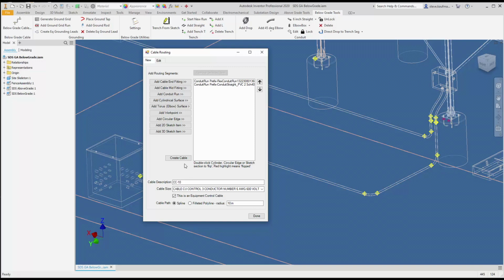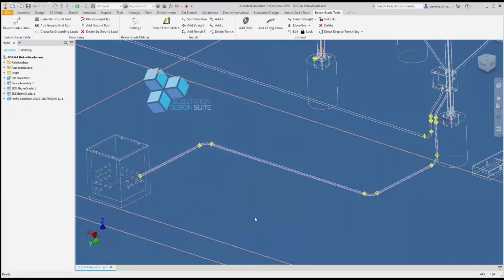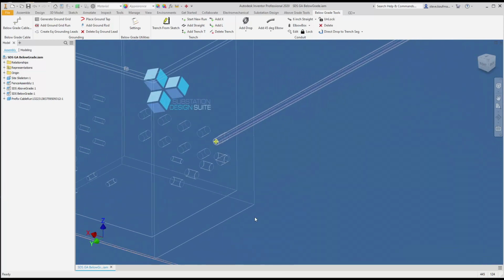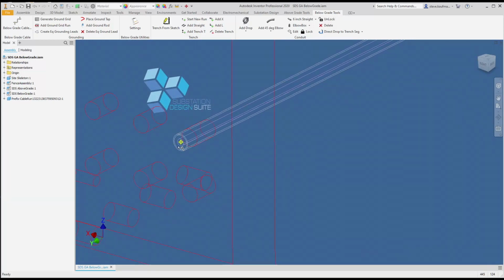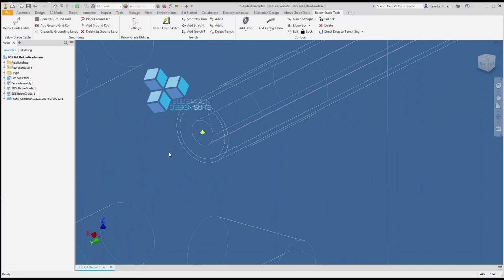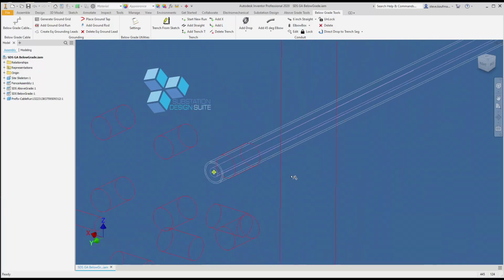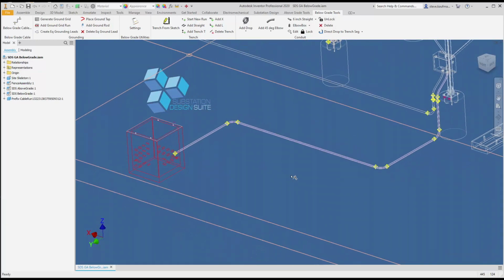So I've selected my two items, and I will create cable. And with that, my cable is created. I'm going to come down here and zoom in, and you can see the cable is inside there. Again, I make my below grade cables, my control cables, purple, so I can see it inside of my assemblies. If I were to turn my view back to normal,